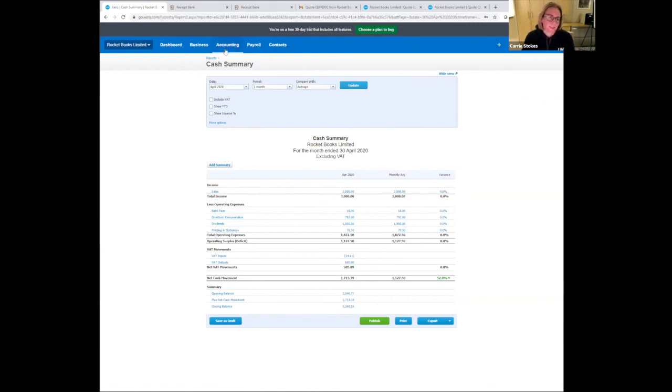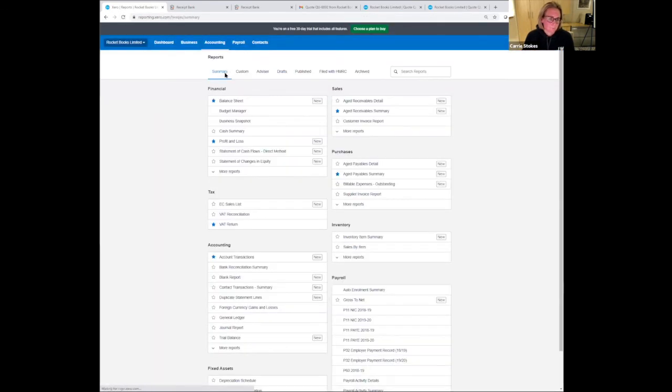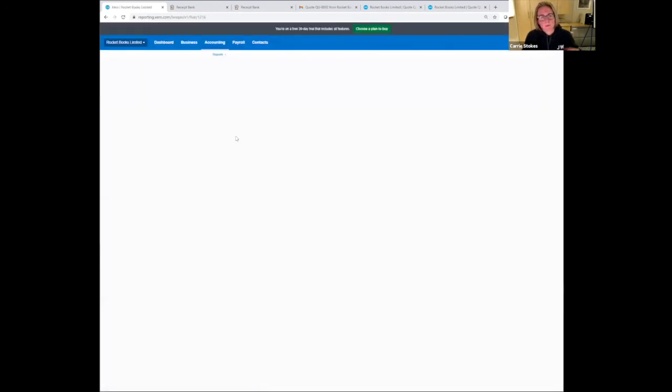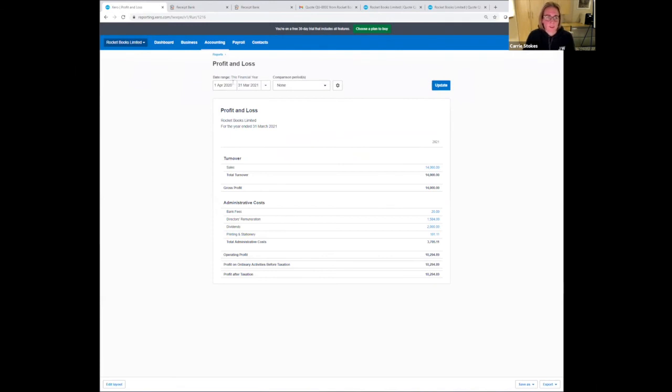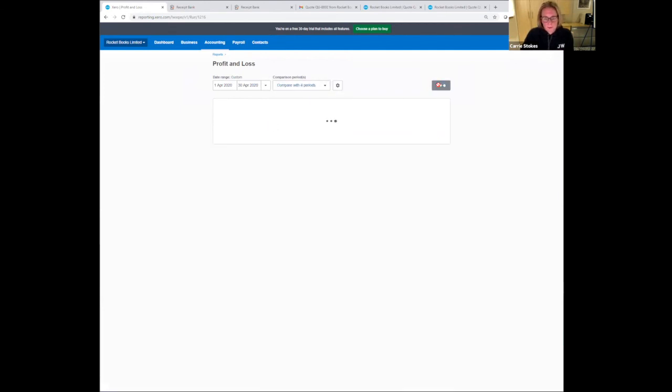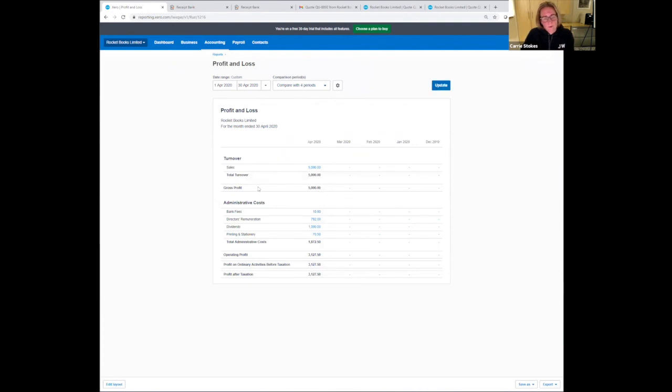Just trying to think if there's any other reports. No, the profit and loss and the balance sheet are the main ones. And the beauty with the profit and loss, for example, is if we do, say, April 2020, you can compare with 4 periods on here. So if you're looking at trends,